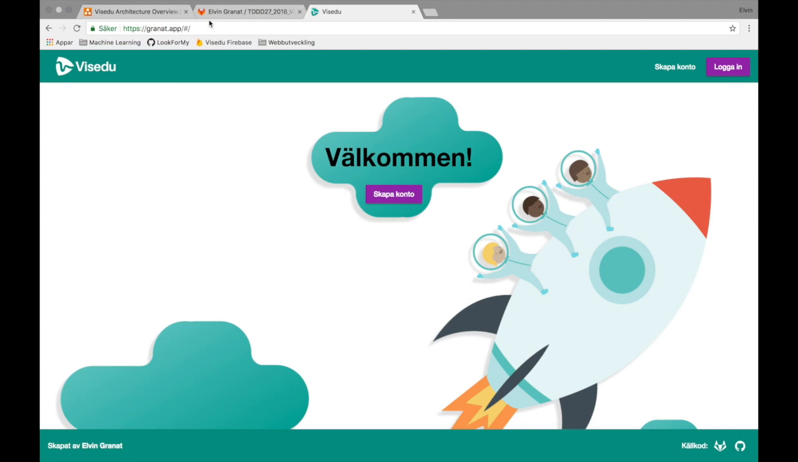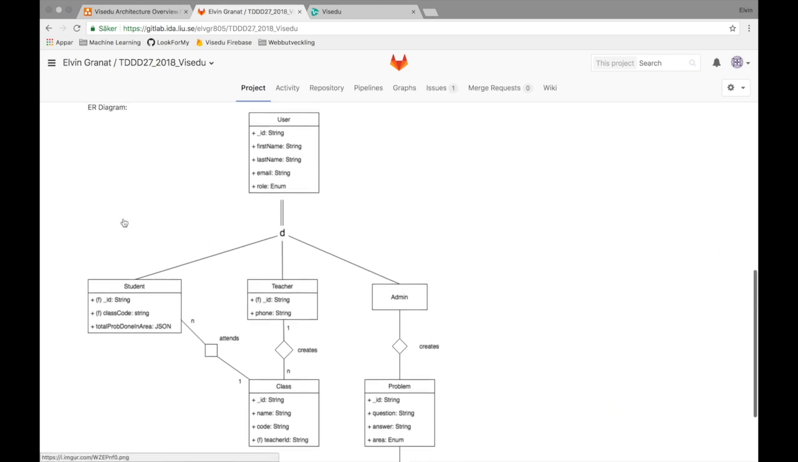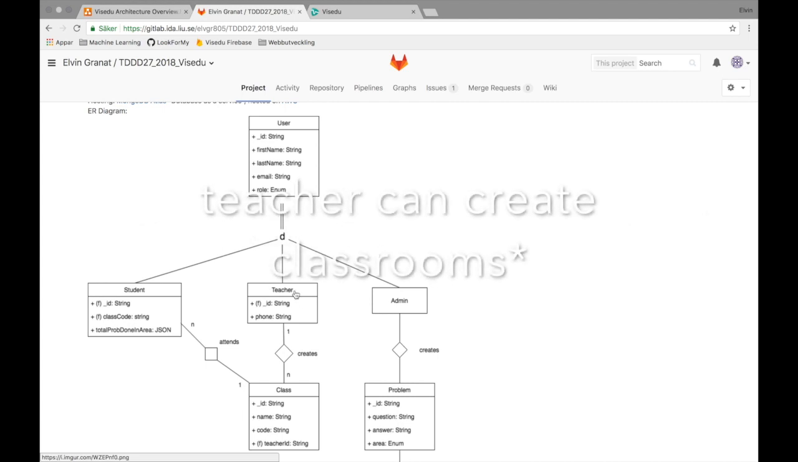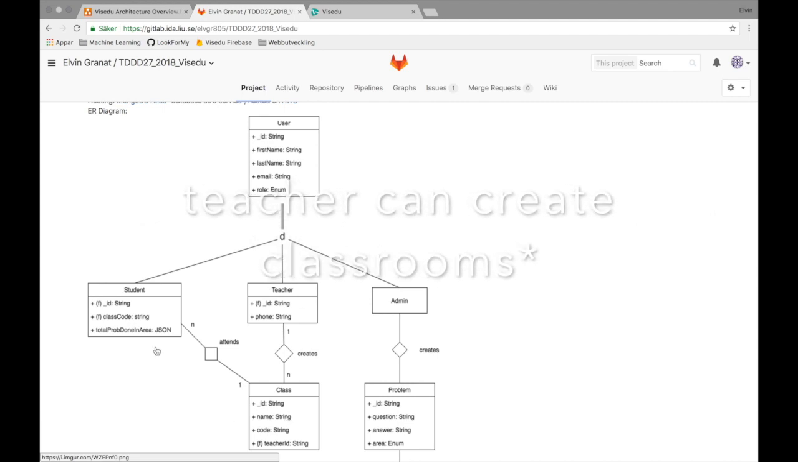So if we view a simple ER diagram, an abstract overview is that we have users who are either students, teachers, or admins, whereas teachers can create classrooms and students can attend classrooms. And then we have the admin being able to create problems where the students are able to finish problems or